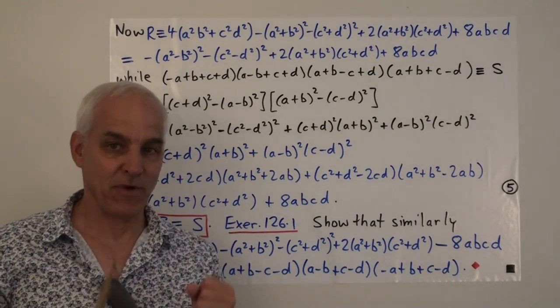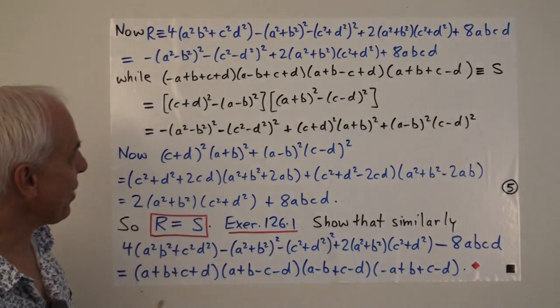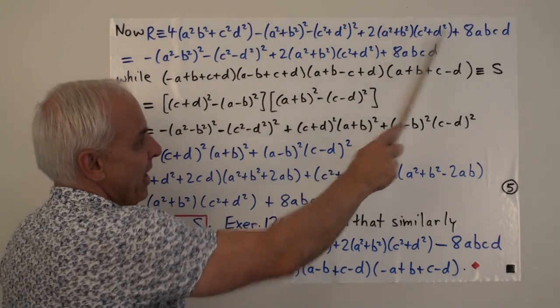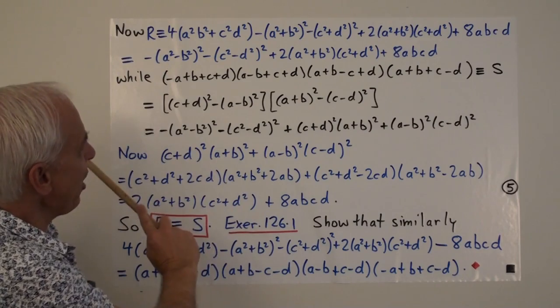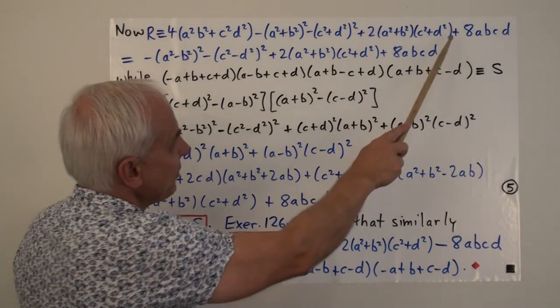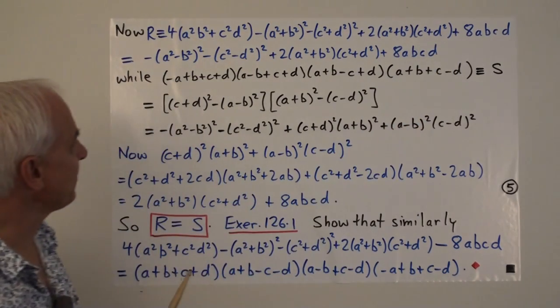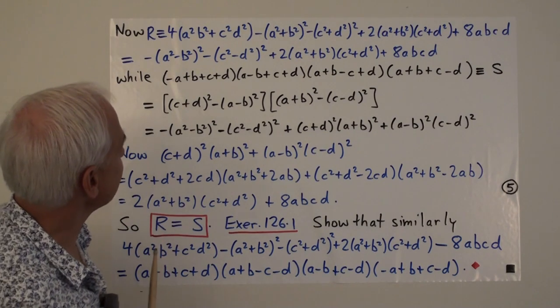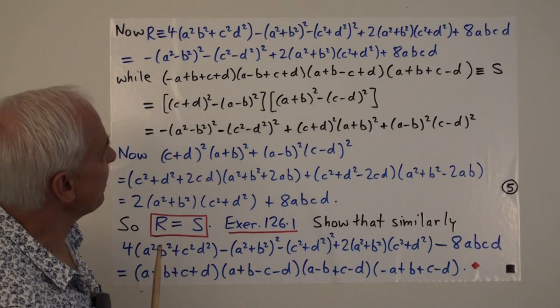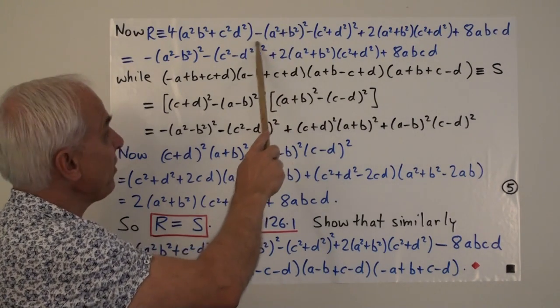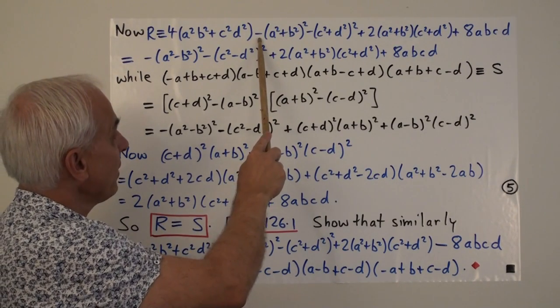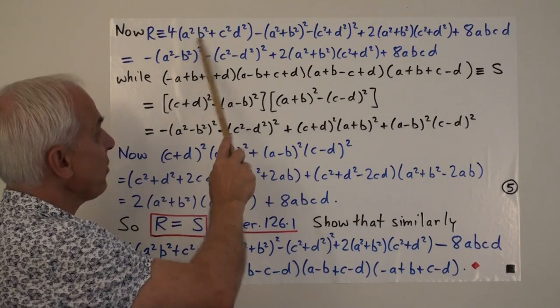All right, so lots of fun practicing our algebra here. I'm going to have a look at that first line that we had on the previous slide. Let's call that expression R. Here it was expanded with the plus 8abcd. And let's have a look at how we can rearrange some of the things here. Notice there's a squared plus b squared all squared here with a minus sign. And here there's a 4a squared b squared.